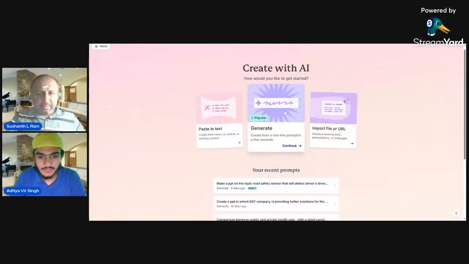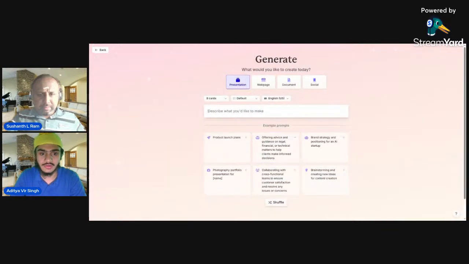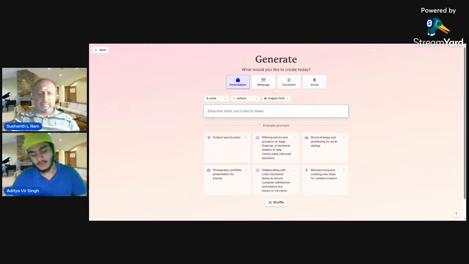Firstly, we have to click on this generate option. Then here you have to give a prompt for which topic you want to create a presentation. For example, you want to create a presentation on revolutionizing technology.